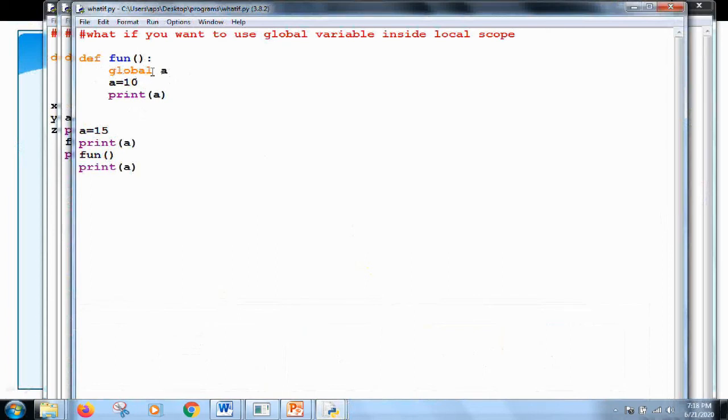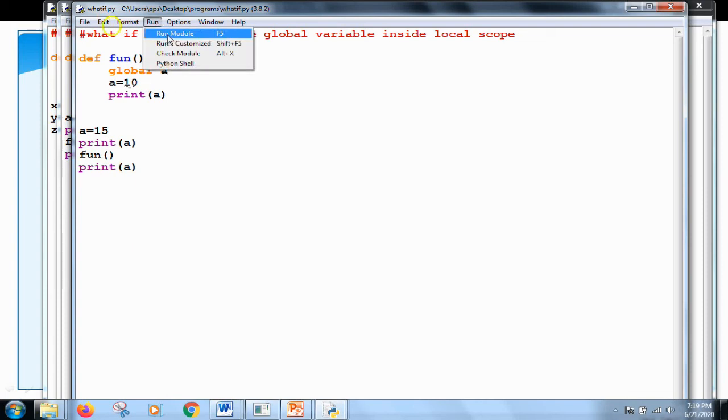In this case, first a equal to 15 will be printed, then the function will be called, and then global a will allow the global version of a to be accessed here. So the local version a equal to 10 will be suppressed, and print a will print the global value.